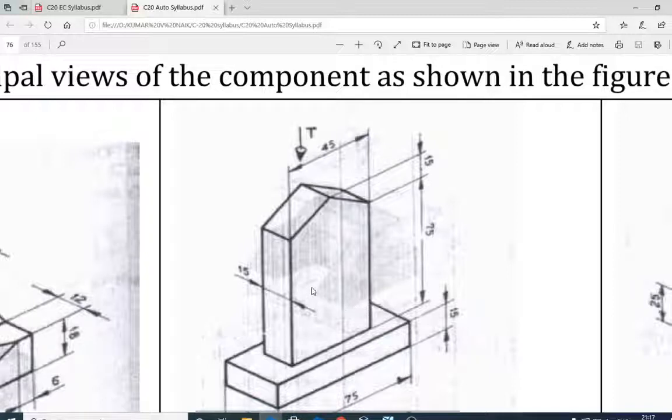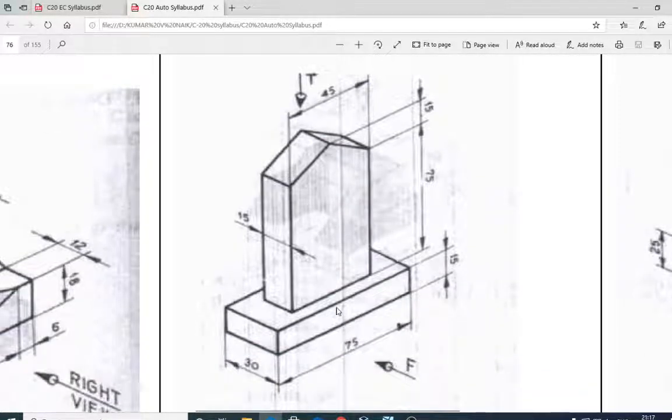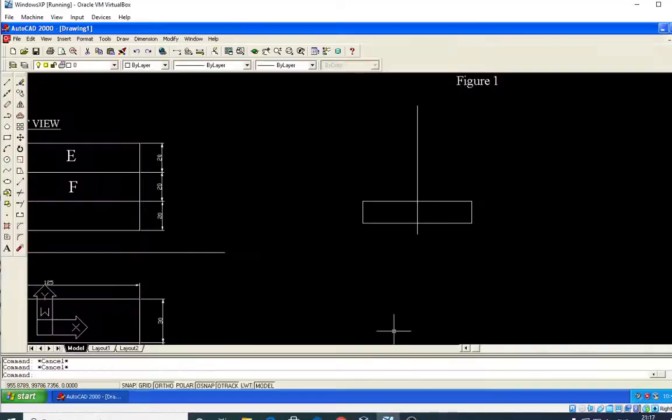Therefore I will make an offset. This block is kept exactly at the center of this figure block, so I have to use the offset command from the center only. What is the total width? 45 mm. So I will take the offset command, offset 22.5 on the left hand side and on the right hand side.